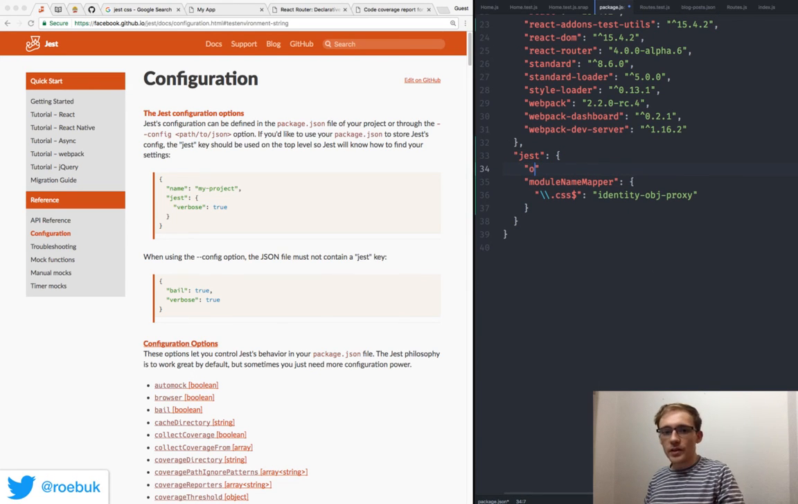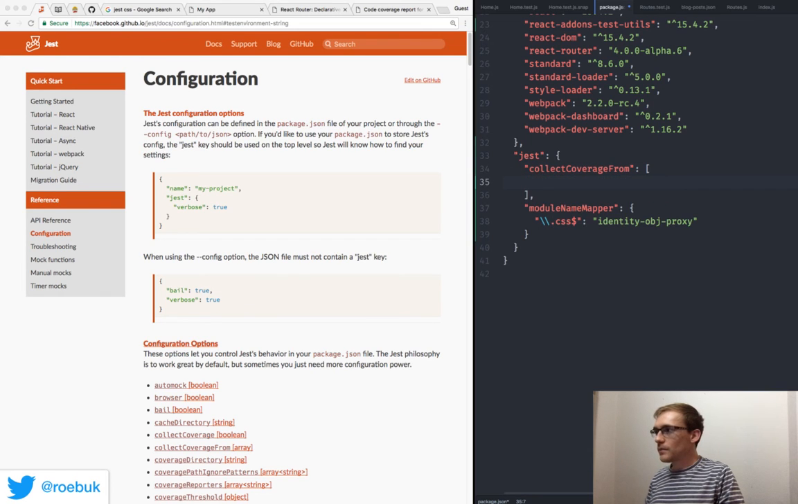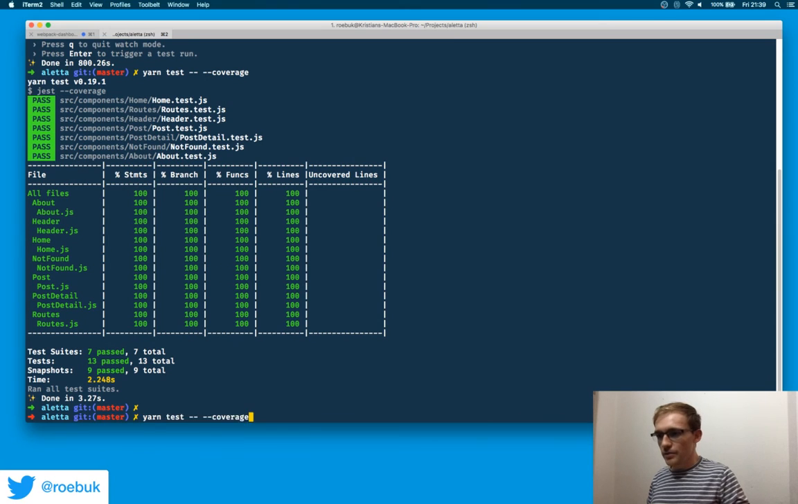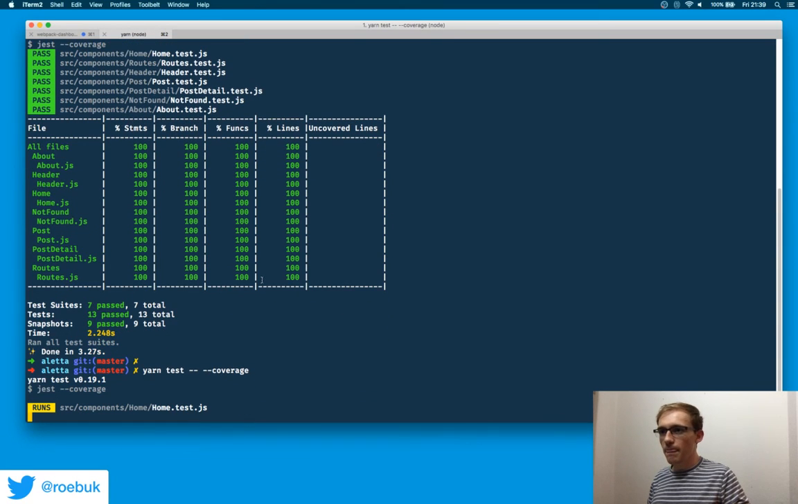So in here we could say collect coverage from, and in here we could just say we want to go in source and maybe just pick up kind of like every JavaScript file. And if we were to run coverage again,